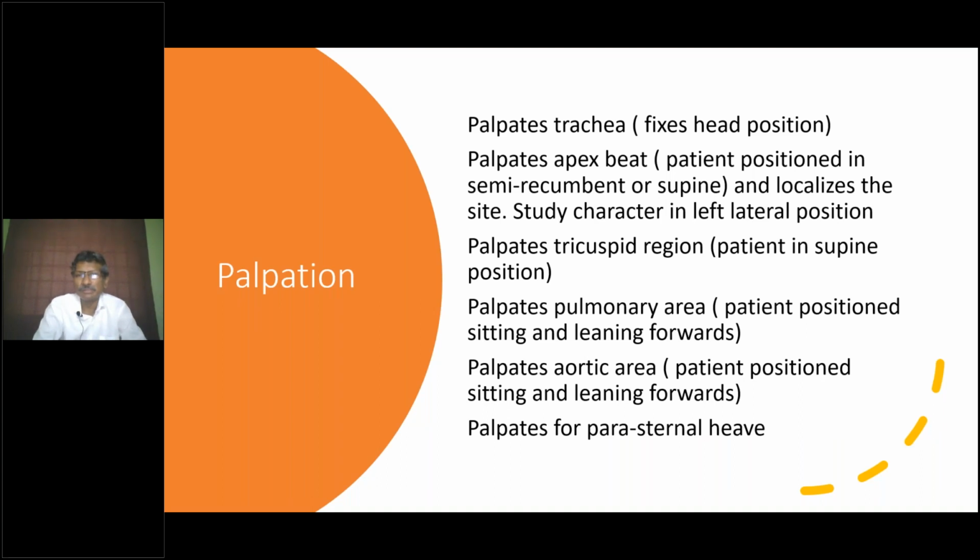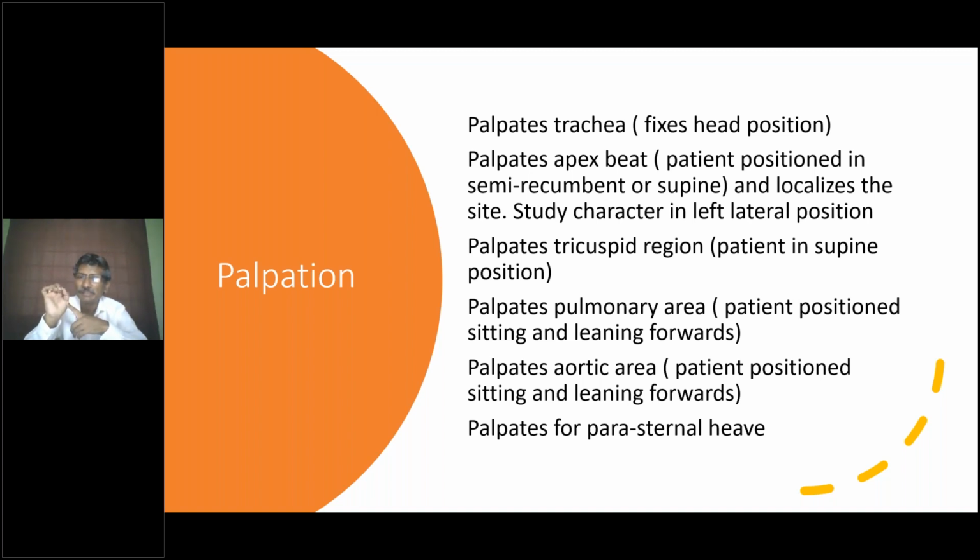So now going on to the next one. After the apex is studied, you have to palpate the other regions, which you have already actually done in your inspection. In all the other regions, you are going to palpate for sound and thrill. So which part of the hand will you use? In the aortic region, pulmonary region, tricuspid region, you are going to palpate for palpable sound and thrill.